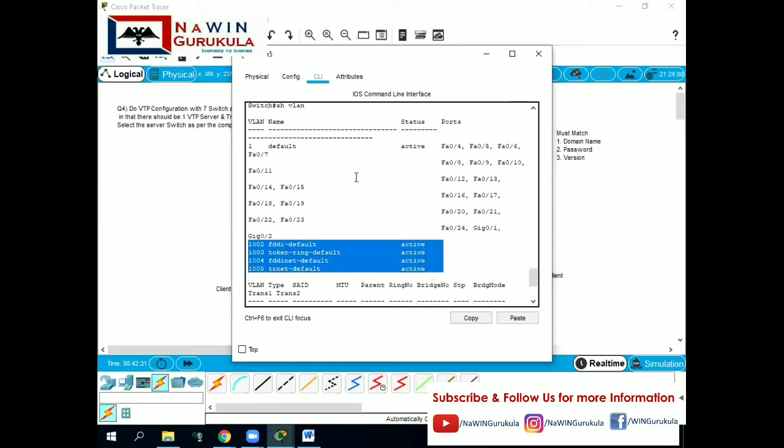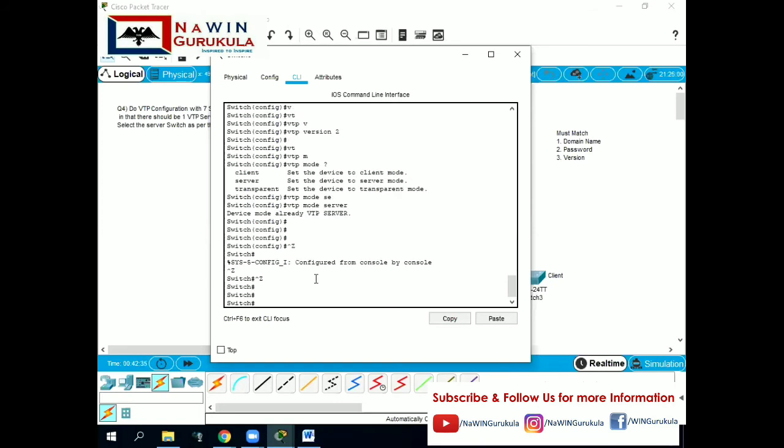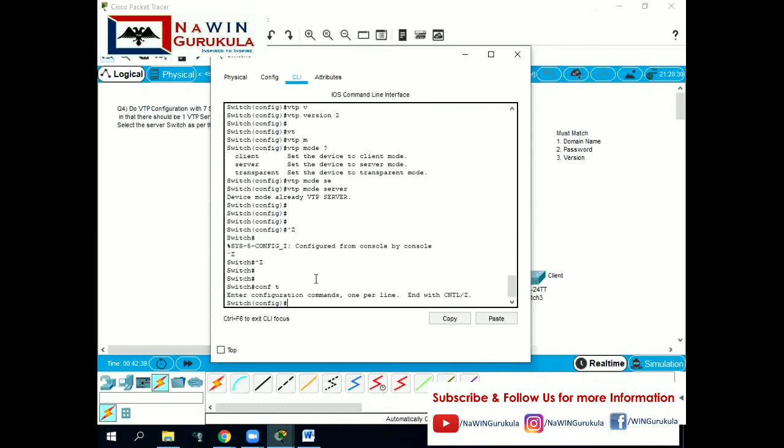So what I do is I will create a VLAN in the server, and I will cross check whether the configuration which I have done is working properly or not. This is the first step.